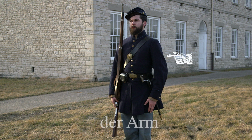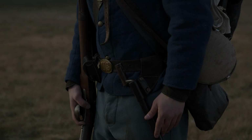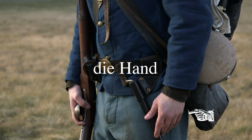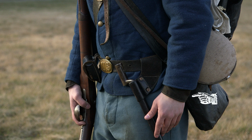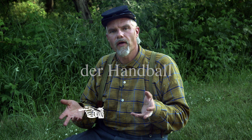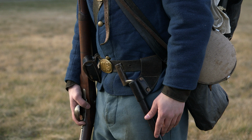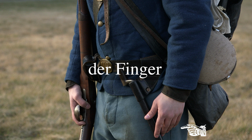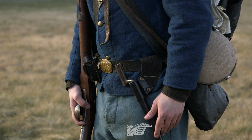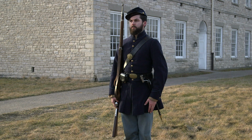The arm, der Arm, the elbow, der Ellenbogen, the hand, die Hand, the wrist, das Handgelenk, the palm, der Handball, the thumb, der Daumen, the finger, der Finger, the forefinger, der Zeigefinger, the breast, die Brust,